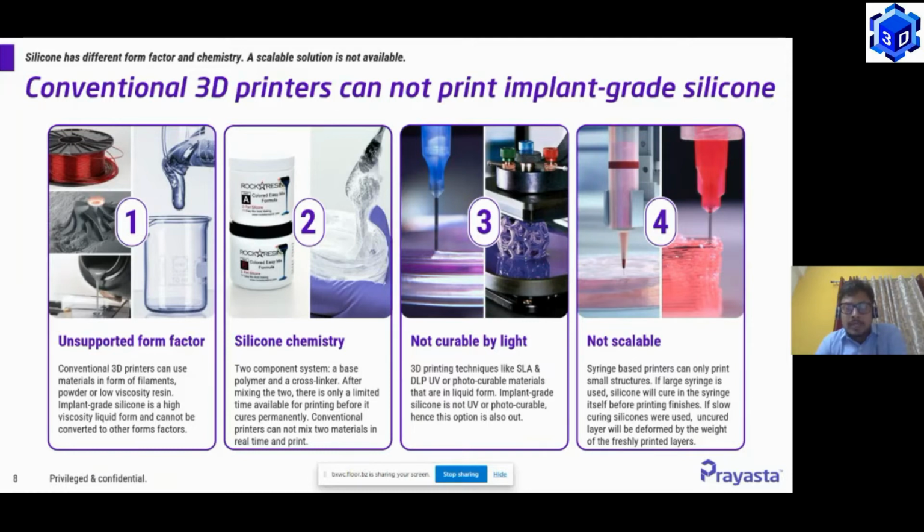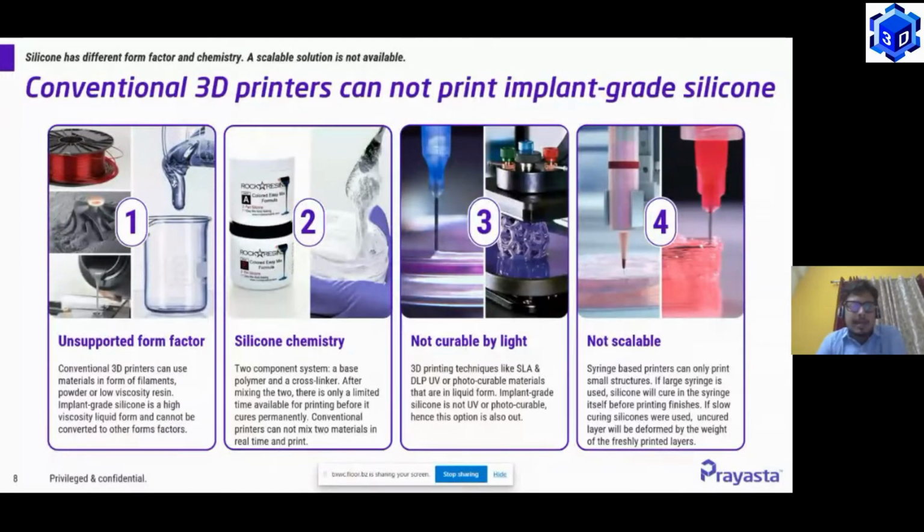So all the photo-based methods directly come out of that question when it comes to printing implant-grade silicone. And the fourth, which I was mentioning earlier, is that it is possible to have a bioprinter with a 50-60 ml syringe, or some small-capacity syringe, where you can pre-mix the silicone, put it into that and print it. Yes, for R&D purposes it's absolutely fine, but when we look at scale,